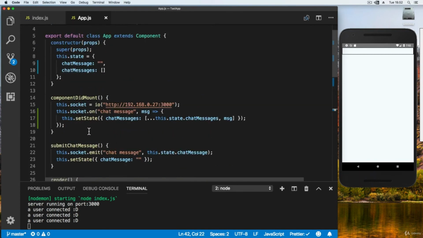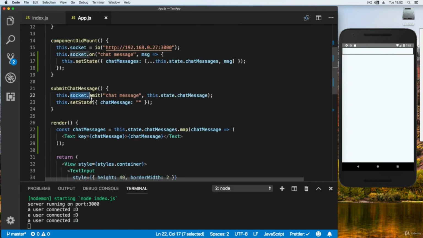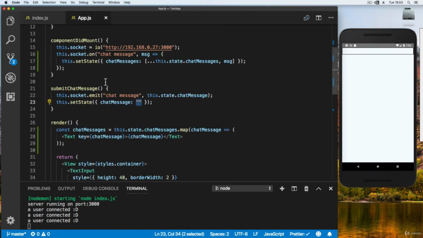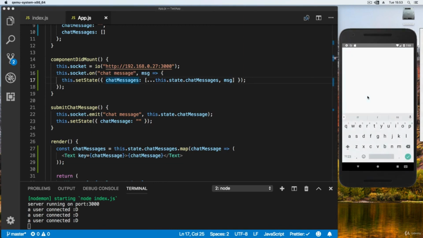So now we are sending a chat message here on the submit chat message. We submit the chat message, and we set the chat message to be clear here, so there's no text in the input here. Then the Node.js server receives the chat message, and it emits it again to all of the sockets that are listening on the server. Then inside the client, we have this listener for a chat message event, and we add the chat message to our array. So now let's reload the app here,